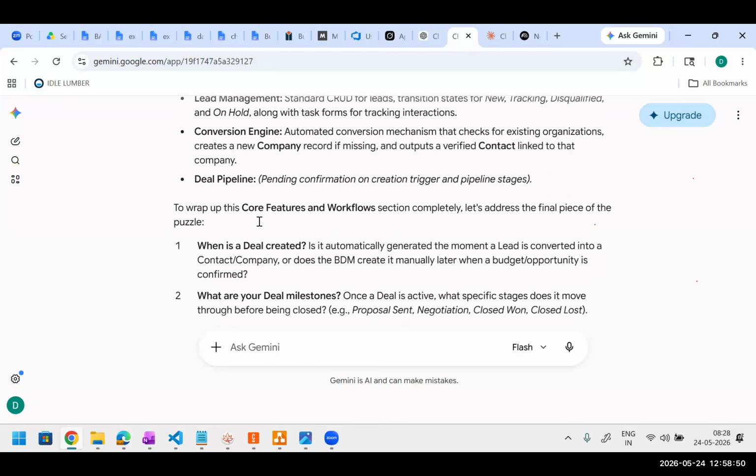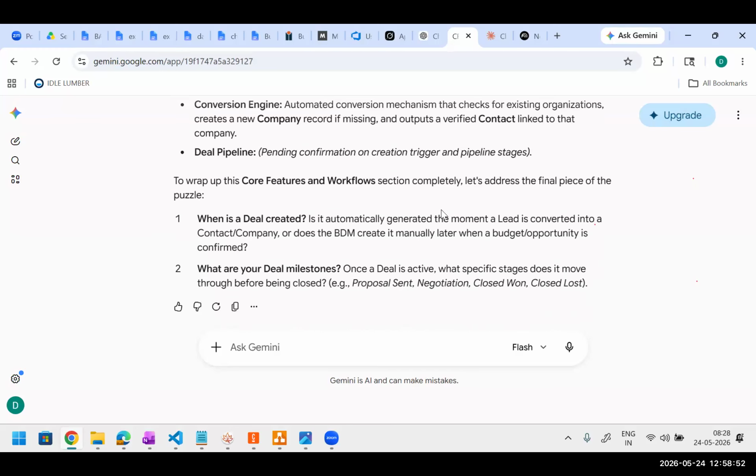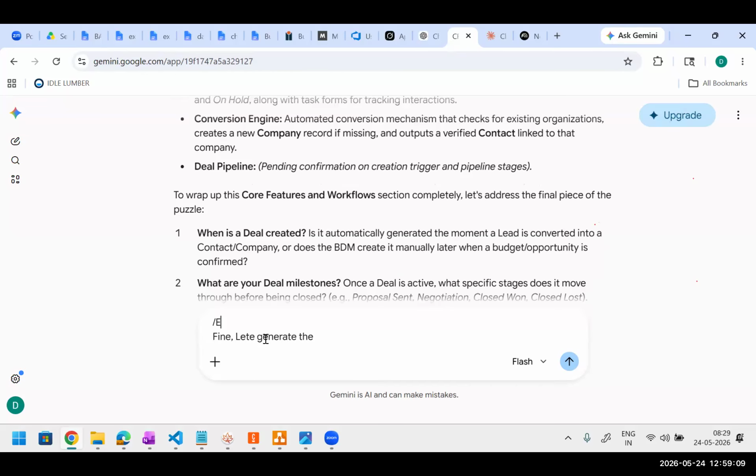To wrap up the core features and workflow sections completely: when is a deal created? It is automatically generated. Okay, fine. This is not the planning actually, this is maybe the execute step. Okay, fine. Let's